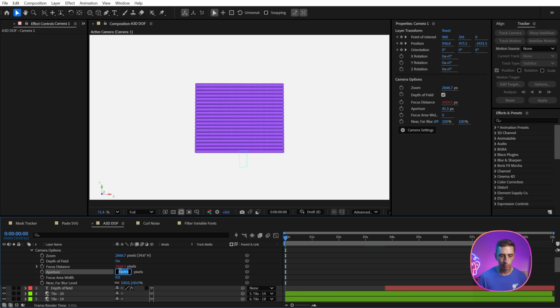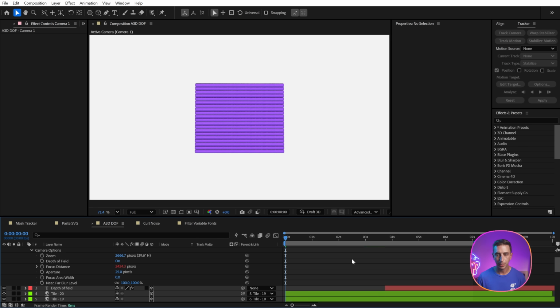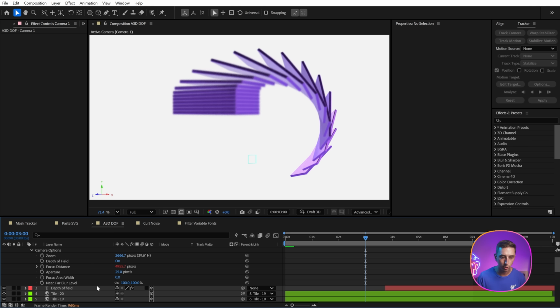So I'm going to turn this back down to maybe 25 and then play this through so you can get a feel for how long it takes per frame to render. Yes, this is going significantly slower, but keep in mind I'm also recording my screen as well as recording my camera all on the same GPU while trying to render this. So it does have a render hit, but if we take a look, it's less than a second per frame,